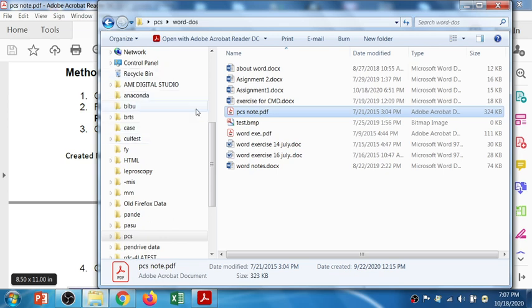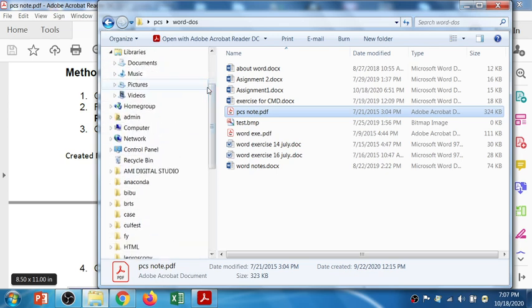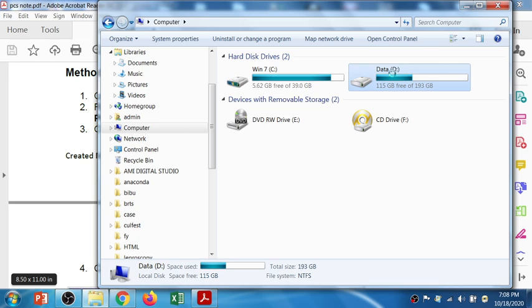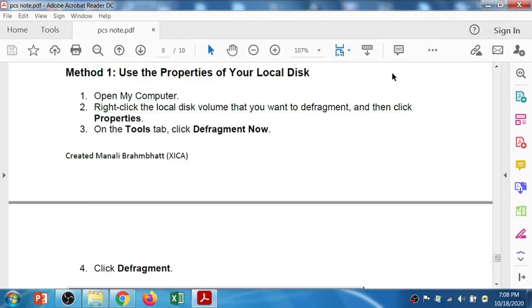Open your My Computer. So I'll just open My Computer. This is the computer. Right click on your drive and click Properties.